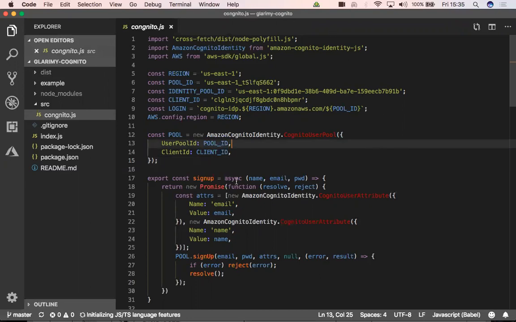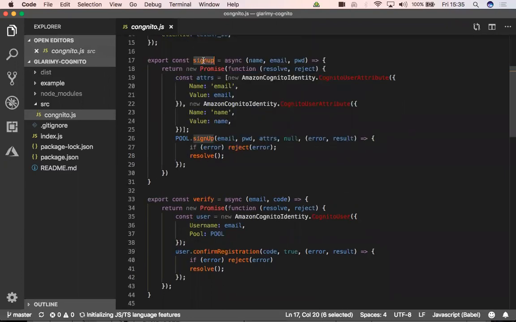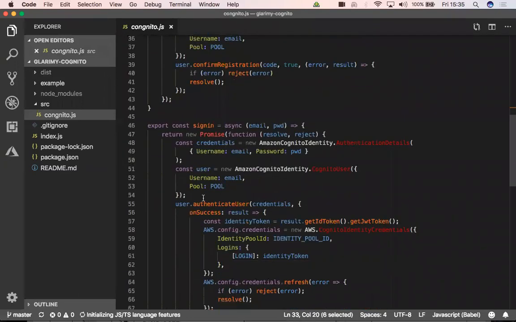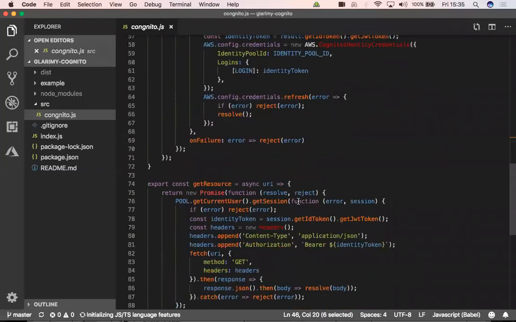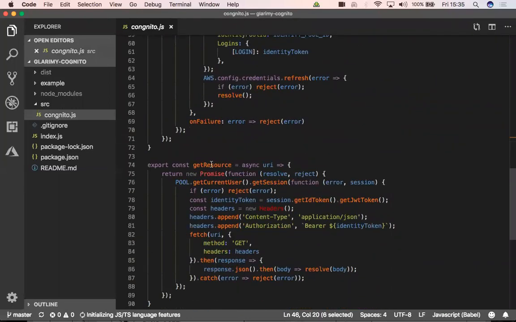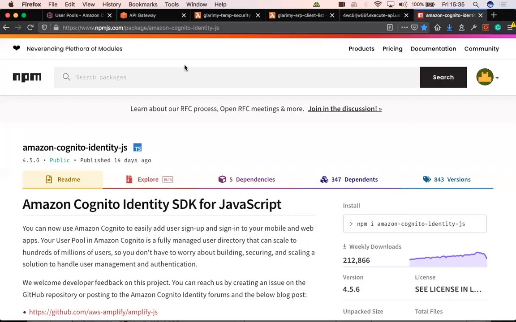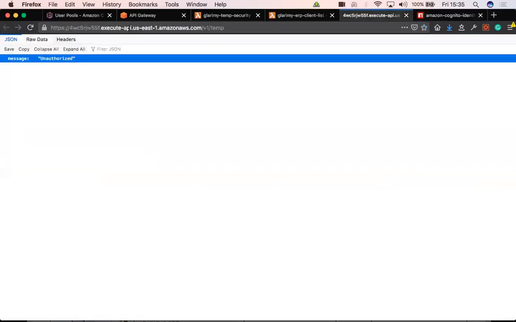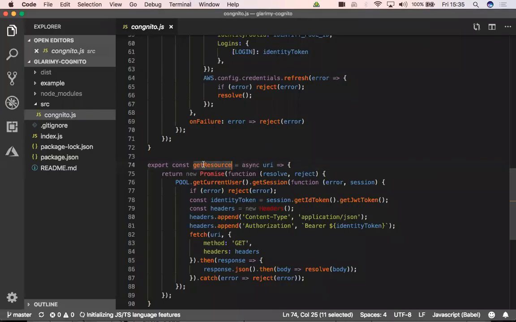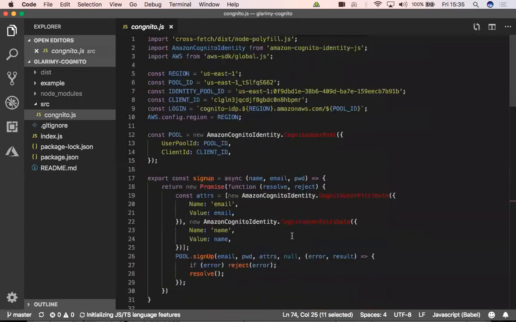So what I am doing is creating this particular library which offers functions like sign up, verify, sign in, and one more thing called get resource. Get resource is actually to make the real call. Our real call is to make a call to this Lambda, along with username, password. So how do we do that? Get resource means it is a get API call. Similarly, you will have post resource, put resource, delete resource methods later.